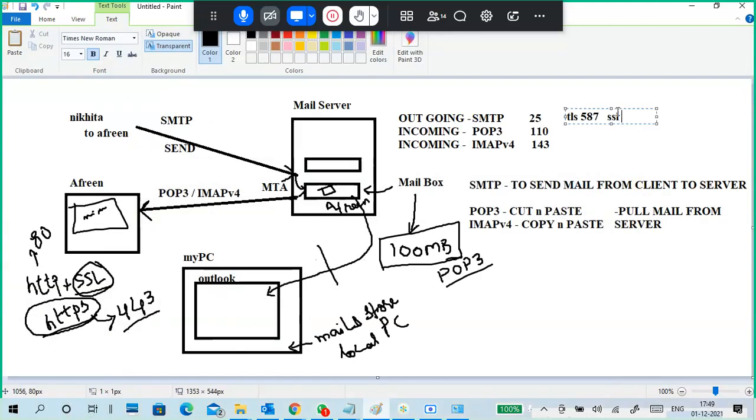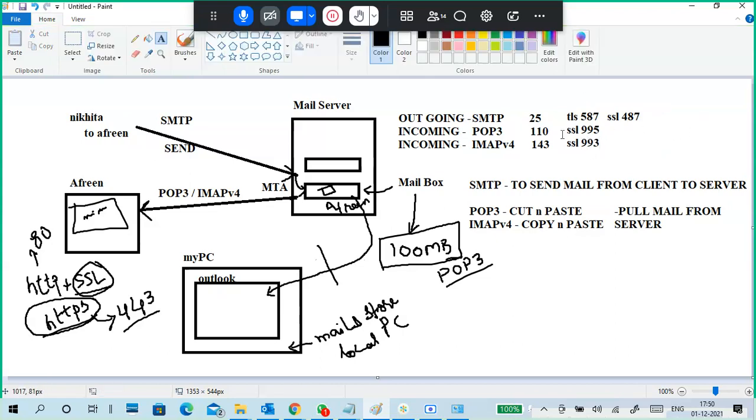So that's the main difference. Next, POP3 is very simple. It is always SSL 995, and IMAP is also SSL, no difference, it is 993. So the port numbers will be different.